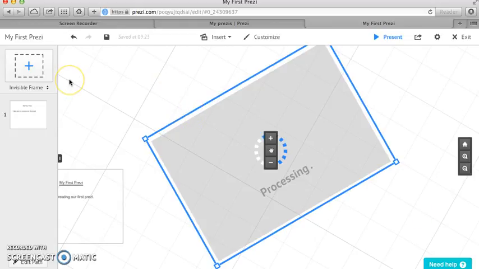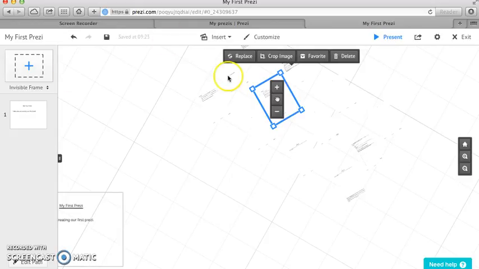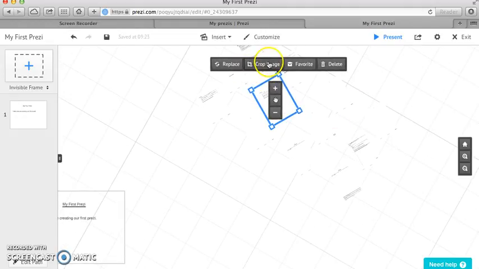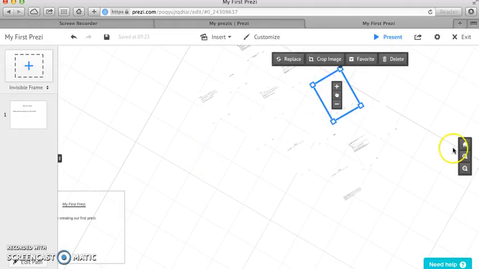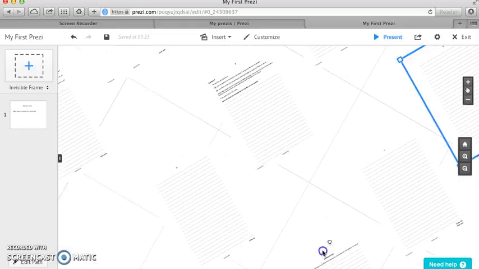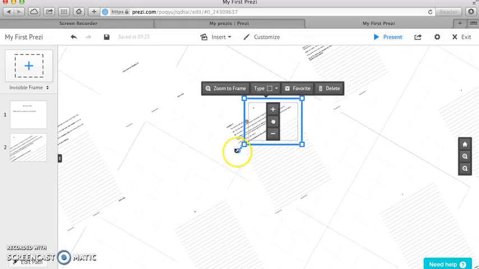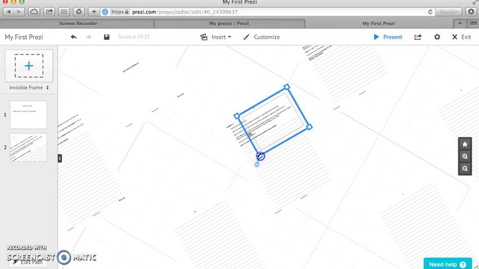What I can do is, in a moment, I'll draw a frame around it, and then I can zoom to the frame so it'll straighten up. So it's just placing my PDF document onto the presentation. And what this then allows me to do, it's actually quite a large document, I didn't really think about that. So now, if I just place that like that,